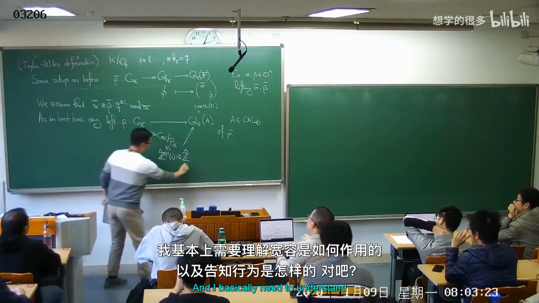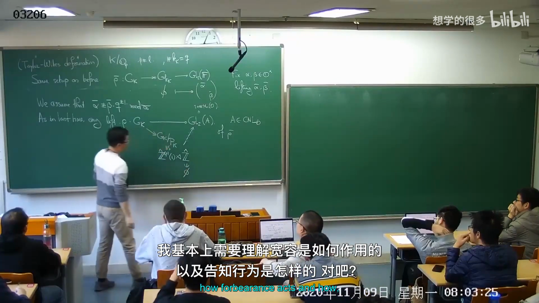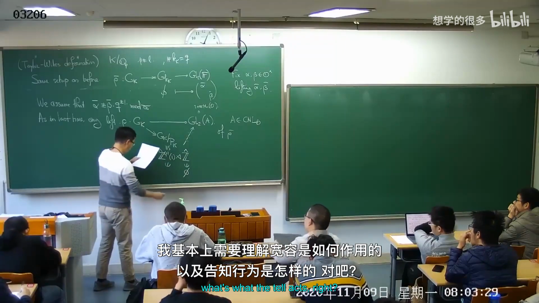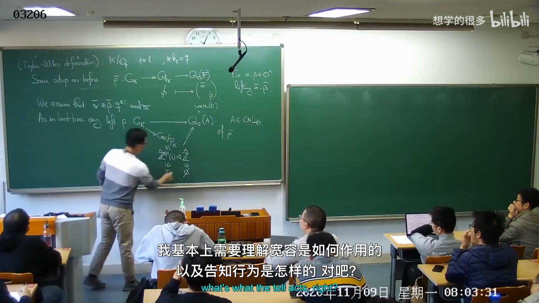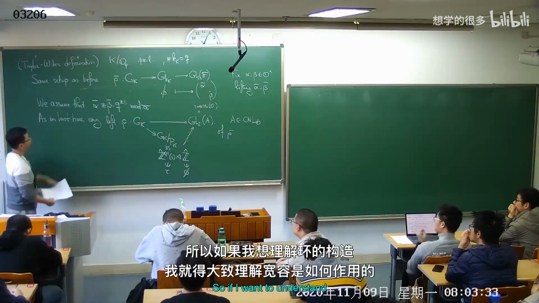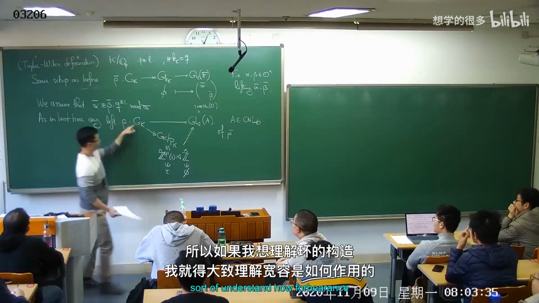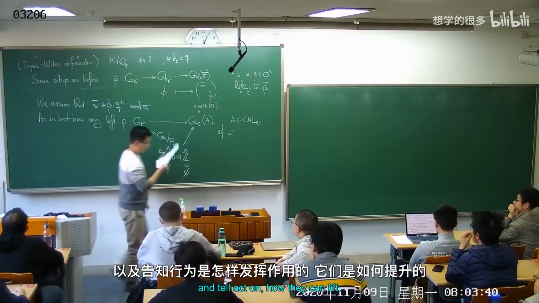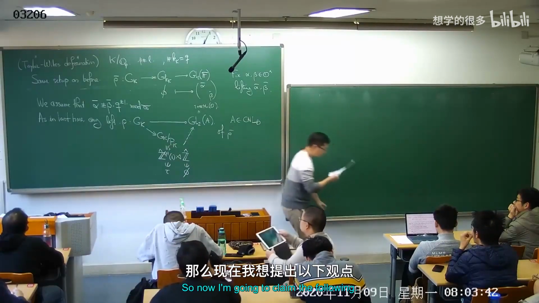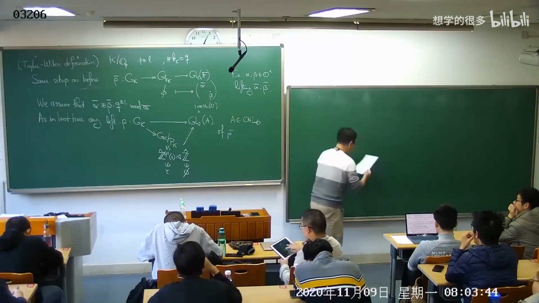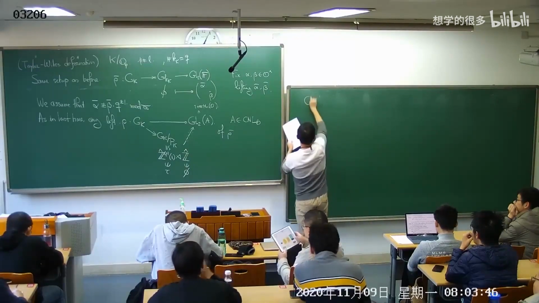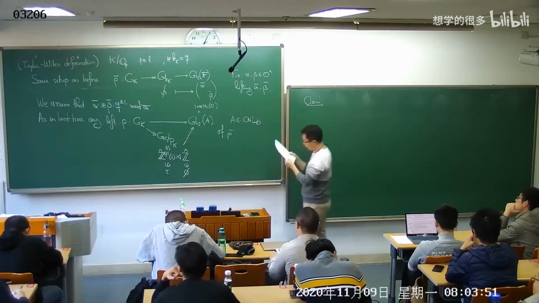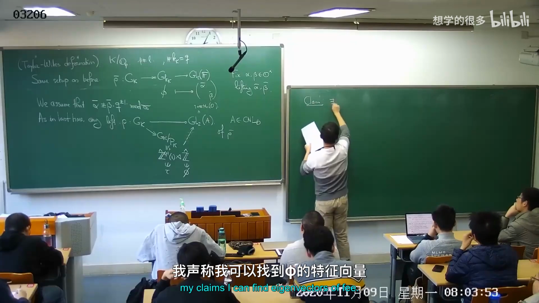Okay? So this factors through here. And I basically need to understand how Frobenius acts and how tau acts. So if I want to understand the deformation ring, I would just have to understand how Frobenius and tau act, and how they can lift. So now I'm going to claim the following. Suppose we're in such a situation, we have such a lift. My claim is I can find eigenvectors